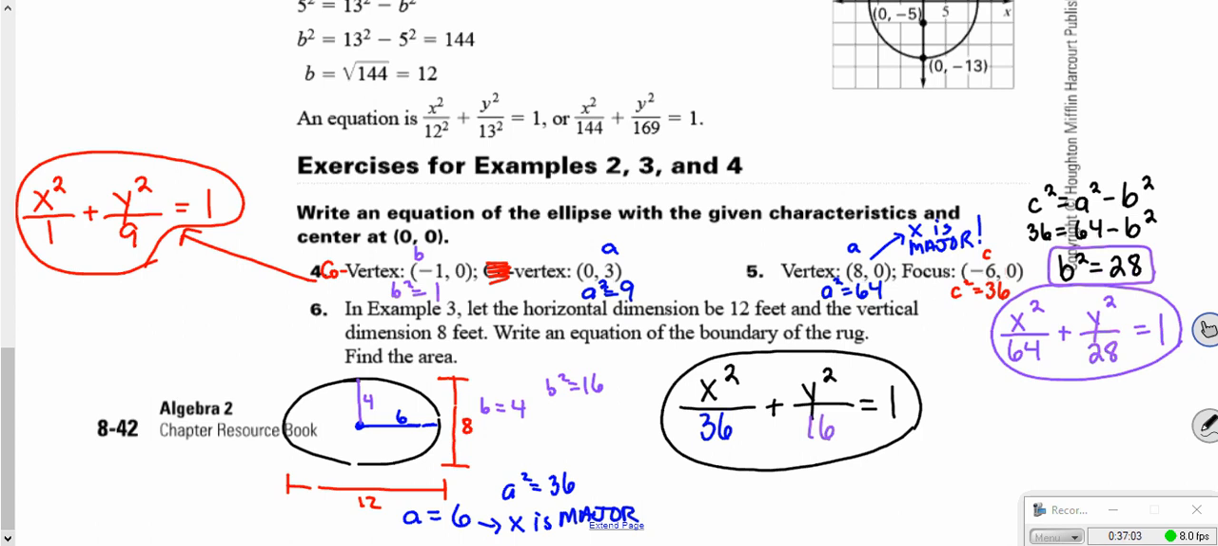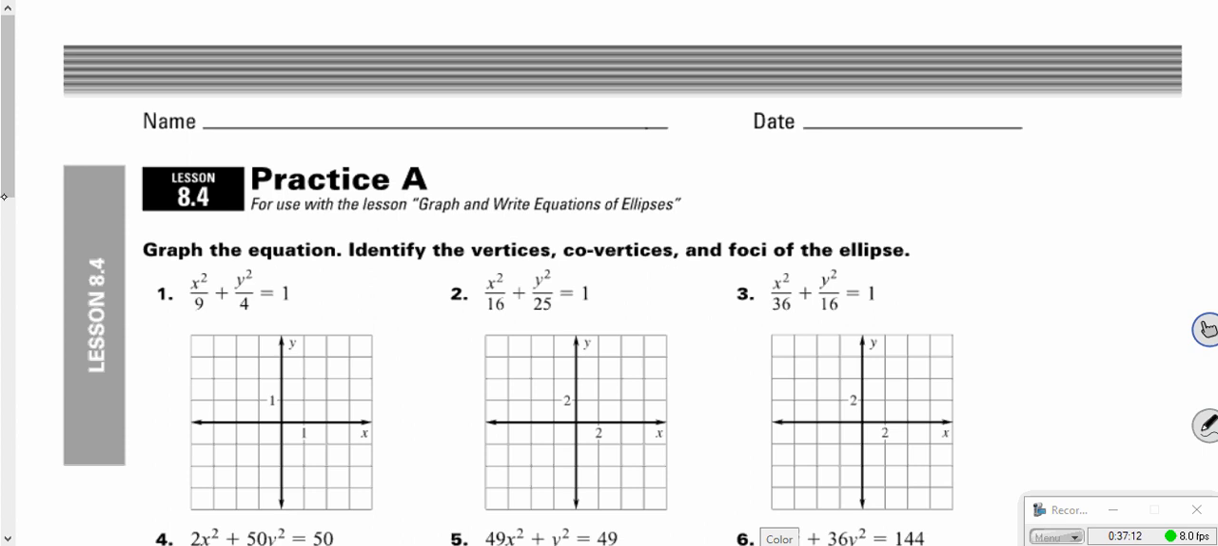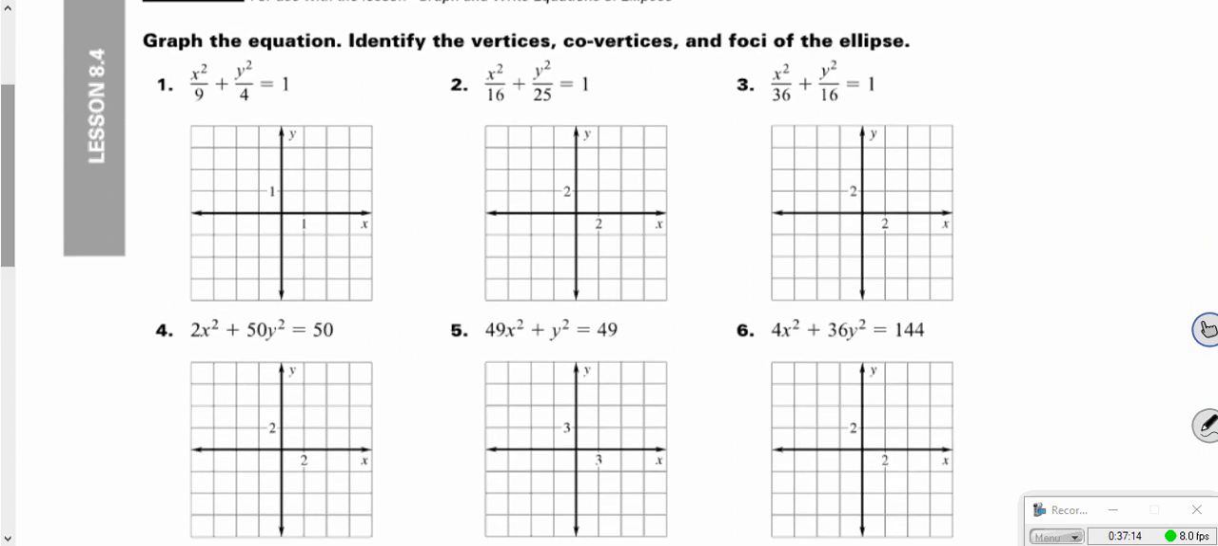Hope that helps. Now, let's quickly look at the practice A exercises. I know we're kind of going long here, but this is a lot of information. Graph the equation. Identify the vertices, co-vertices, and foci of the ellipse. First thing, I'm going to kind of blow through this. This has got to be your a squared, because it's bigger. So this has to be your b squared. So that means a is 3,